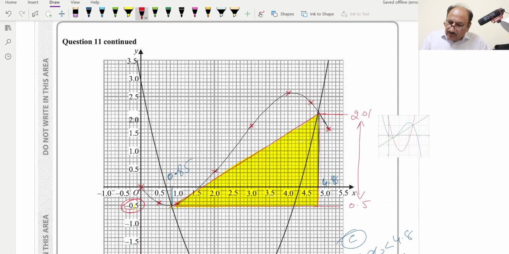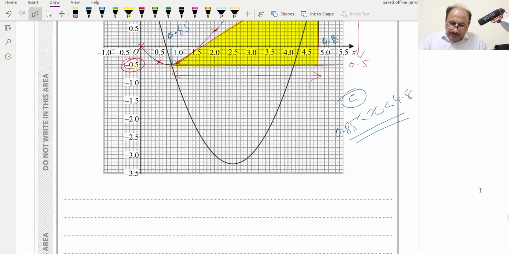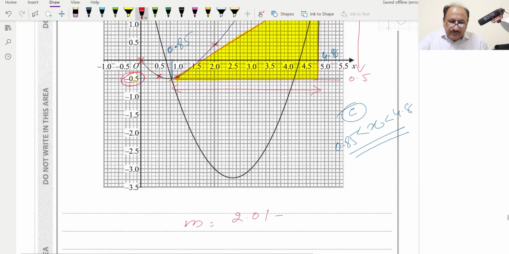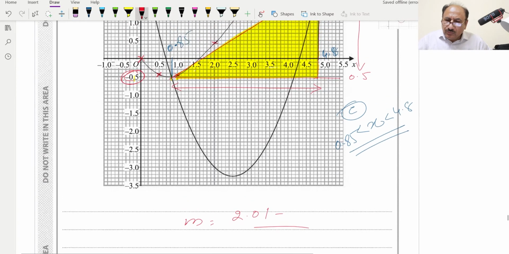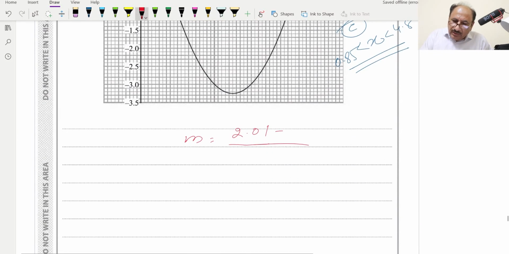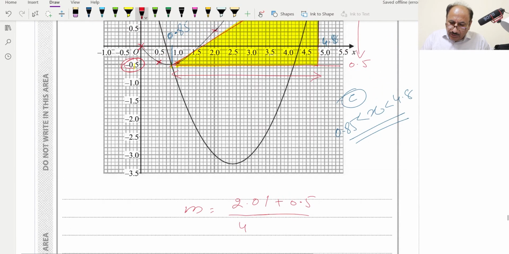So this will be rise and this will be run. So rise will be the m value, we can find m will be equal to 2.01 minus, this will be 4.8 minus 0.81. So this will be 2.01 plus 0.5. Basically this will be added 0.5 and divided by 4.8 minus 0.85, and this will be equal